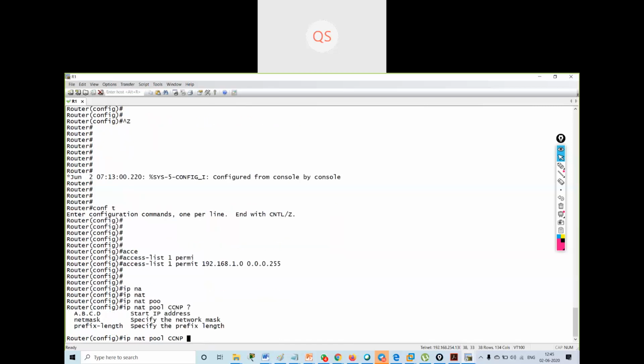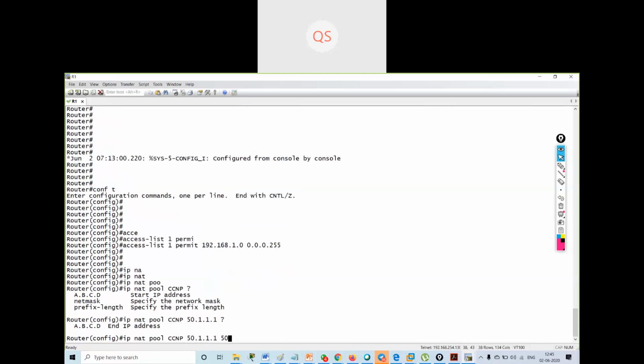Start IP address 50.1.1.1, end IP address 50.1.1.10.